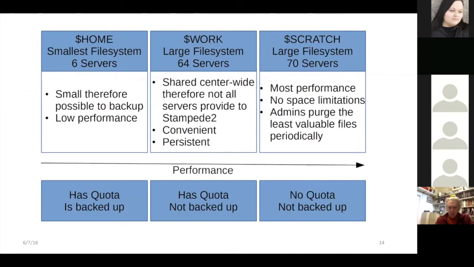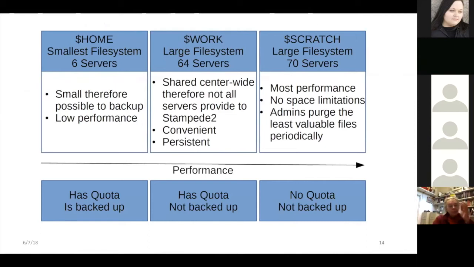So Scratch in particular is our largest file system. It's comprised of 70 servers and has the most space available. The other benefit of Scratch is that it is the most performant. So the read and write speeds of the metadata server on Scratch are much faster than on the other partitions.